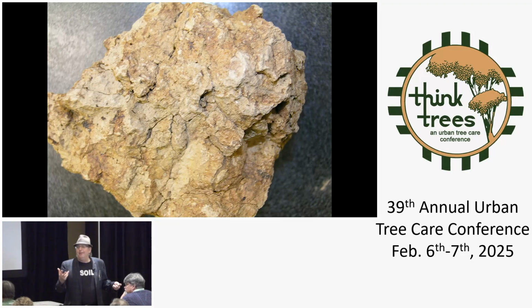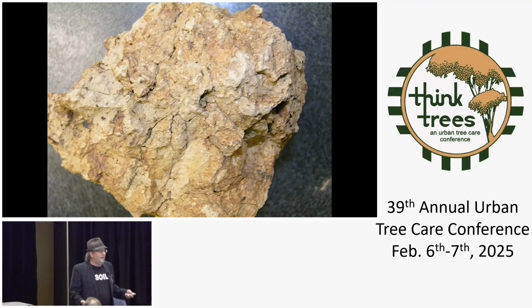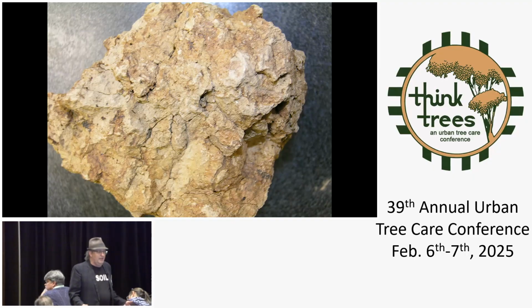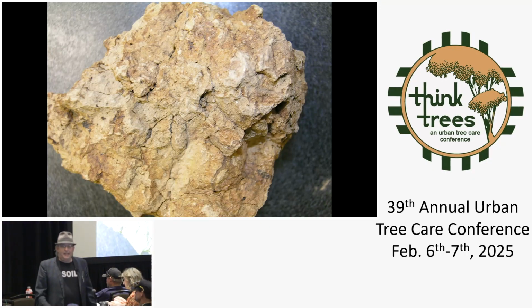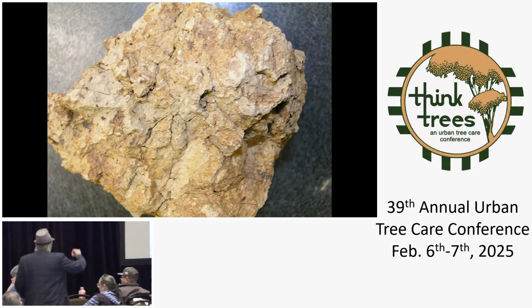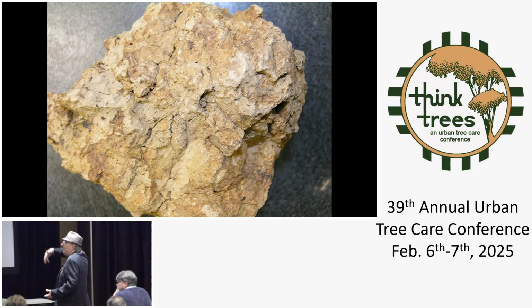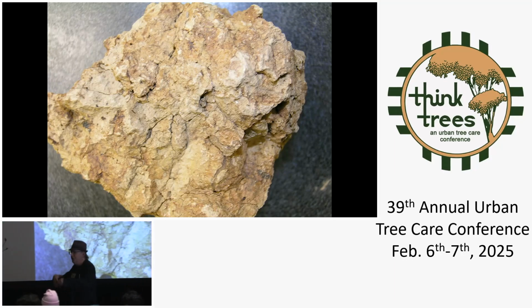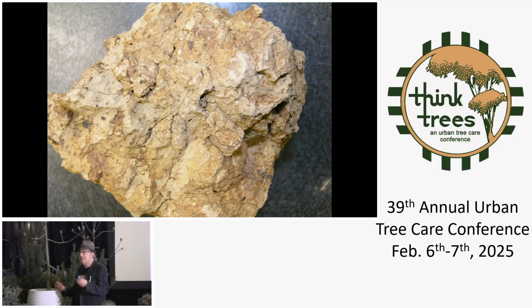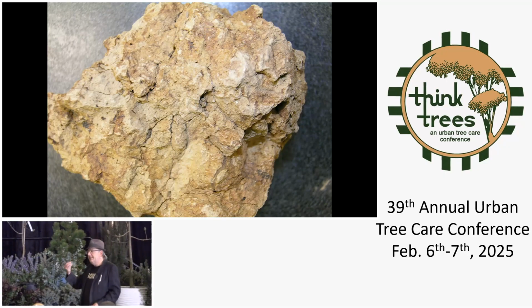What's the answer? Add organic matter. And the easiest way to add organic matter is to grow it. That's what plants are doing. They're leaving a lot of organic matter underground in the form of roots. And sure, there's a bunch of stuff on the surface, and the worms and stuff will pull that down. But just consider that